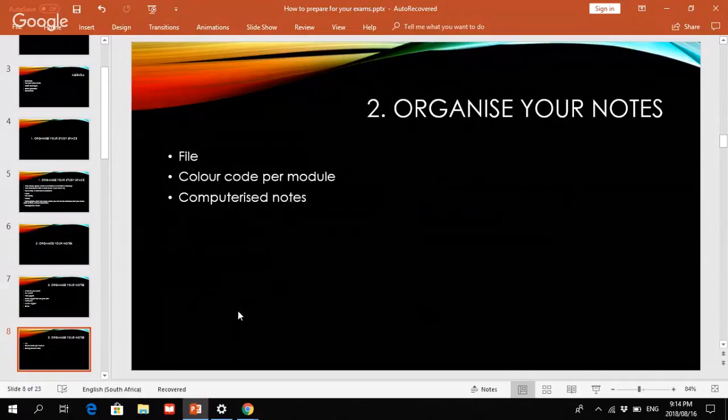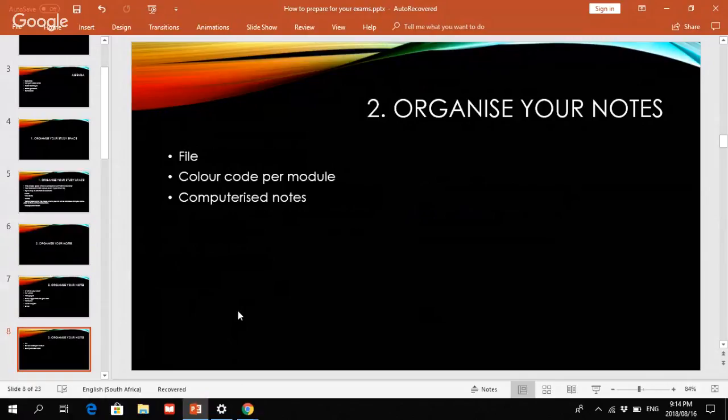Right, so all the notes which you have, for example, if you are studying taxation or auditing, get yourself a file for the module and store all of your notes relating to that module in a file. Right, a separate file, it's worth spending the money on it. This is not one of those times where you want to skimp on your stationery and your